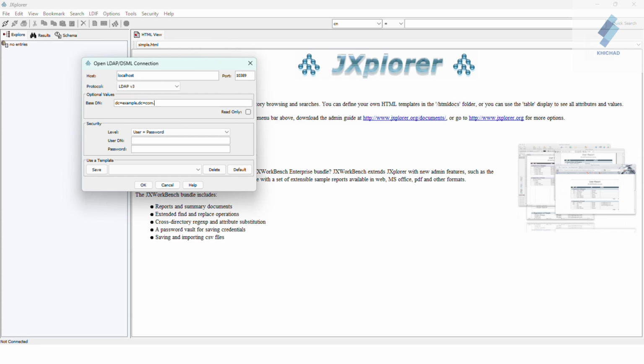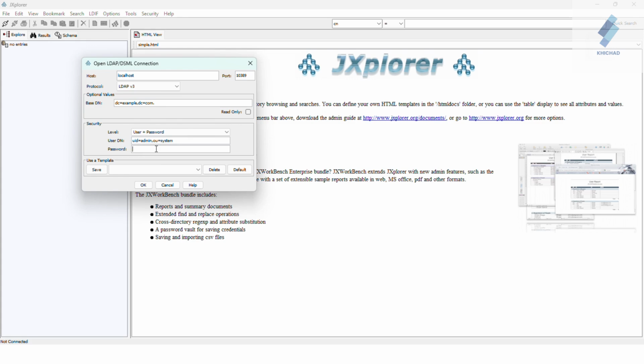And go to the user and passwords. So I select this user and password and provide the admin credentials of the LDAP server. So I just use admin. My login credential is admin, and the LDAP default password is secret.